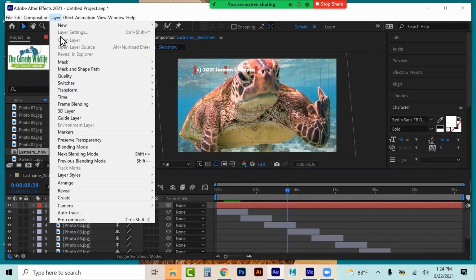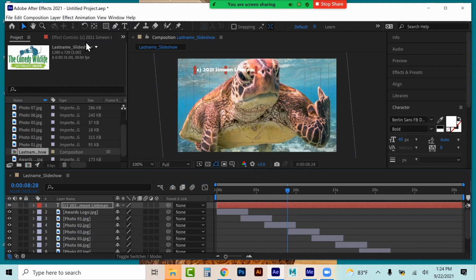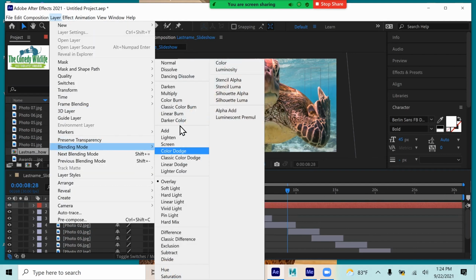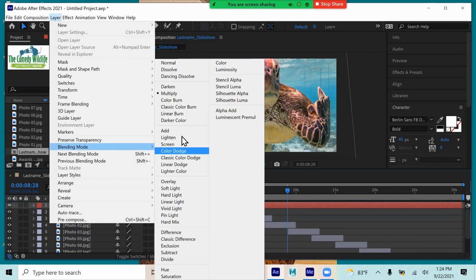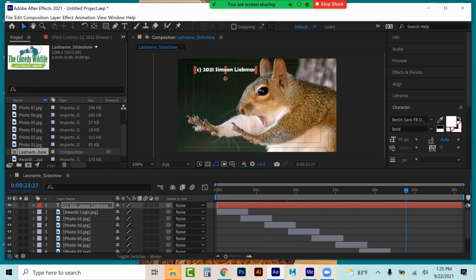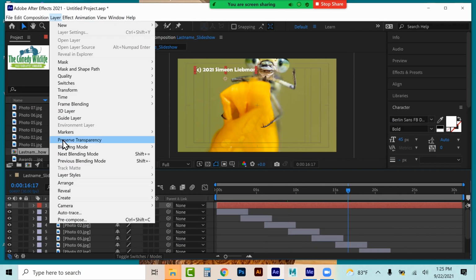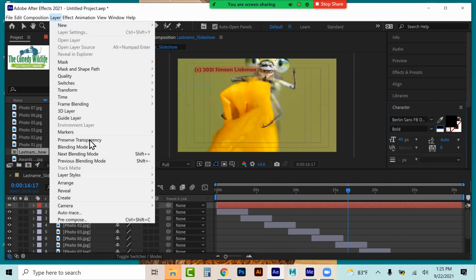And watch what's cool here. Watch this even. Layer, blending mode. Let's do an overlay. No, too light. Layer, blending mode, multiply. No, that's too little. Layer, blending mode, screen. I don't know. Maybe what I should do with it, since it's giving me all this heartache, go with black,